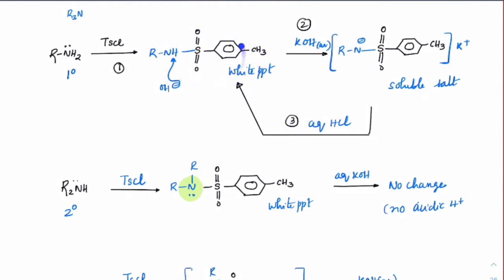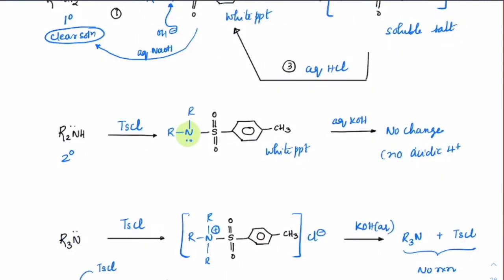So to make a clear solution, yesterday in the class notes, if you check out, it has been aqueous NaOH or aqueous KOH here, which means it's not giving amine, it is making again a clear solution. So it is a clear solution again, okay? Same way, if you check out for secondary amine, here with TsCl, it is forming a white PPT, further reaction is not happening. Tertiary with TsCl, we may expect this to form, but this would immediately break, being unstable. So I'll just write this as unstable form.